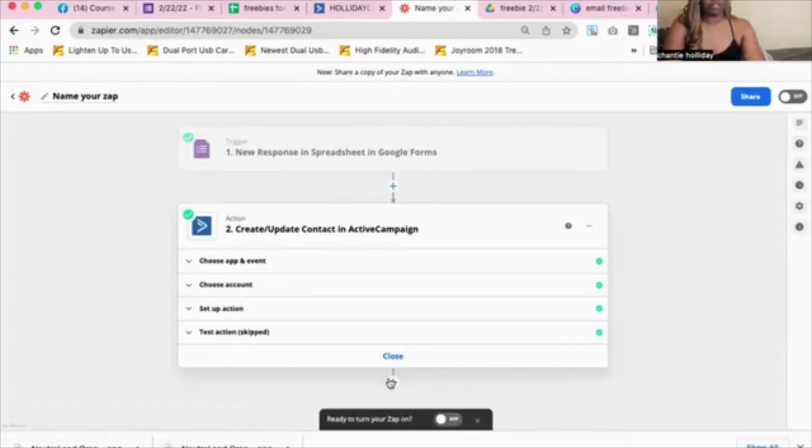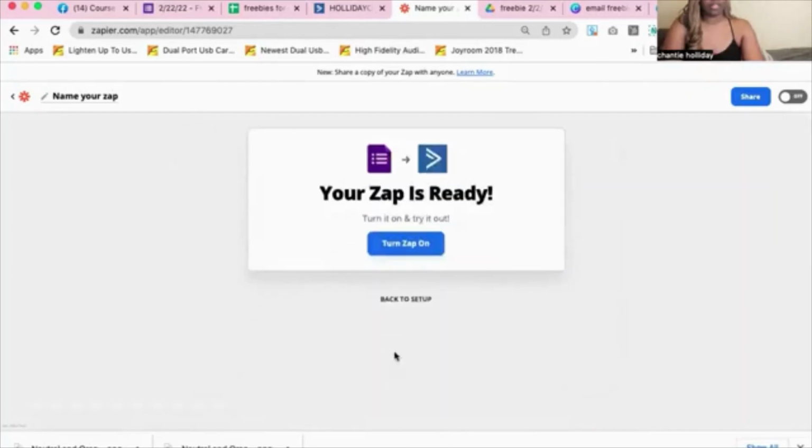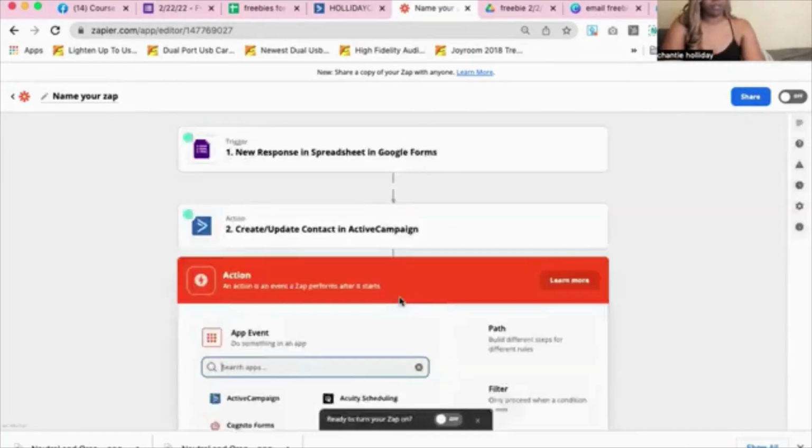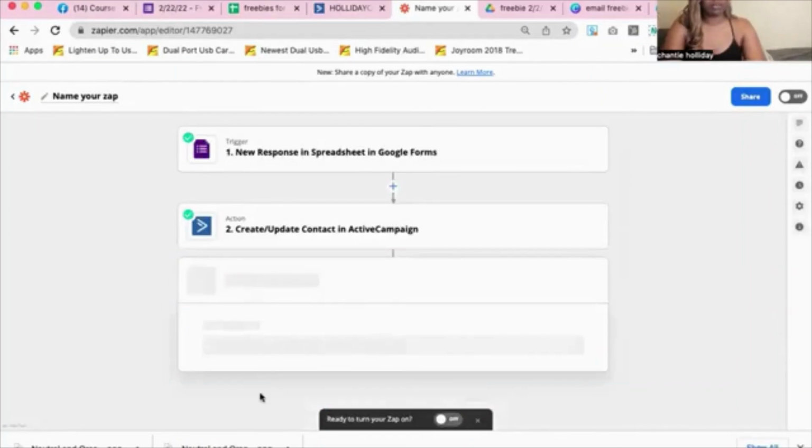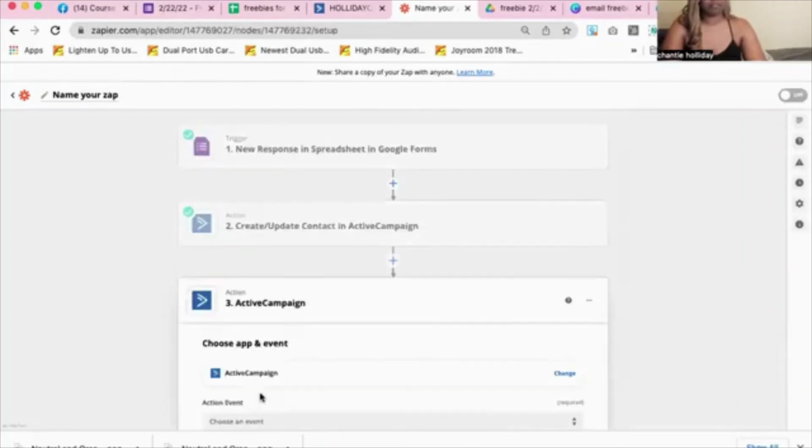So next, after it's added as a contact, I want to keep setting it up. So after we add as a contact, we're going to click on ActiveCampaign again. And we want to